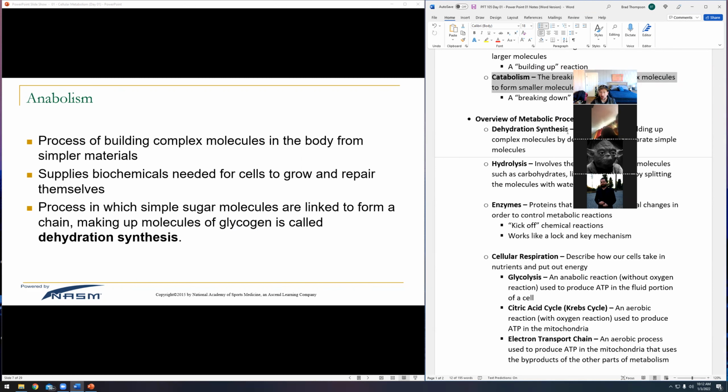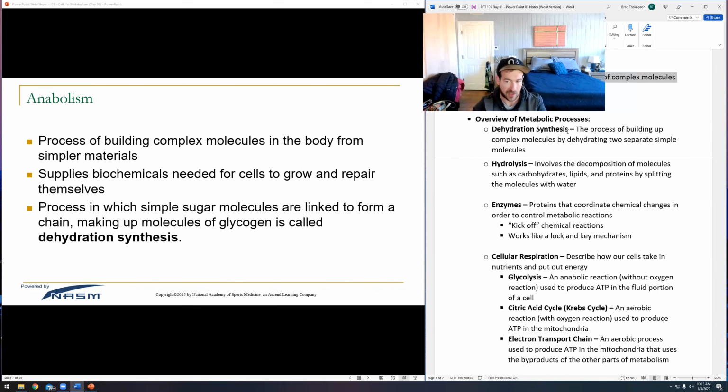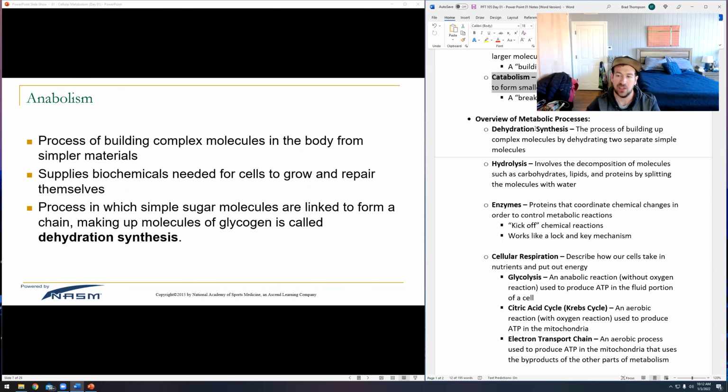We actually use water in order to do this, or rather we use the ingredients associated with water. So the first thing we need to look at when we look at building stuff up, when we're talking about anabolism, anabolic reactions, we're going to be talking about dehydration synthesis. So let's break those words down. Whenever you hear the word synthesize, it means to make